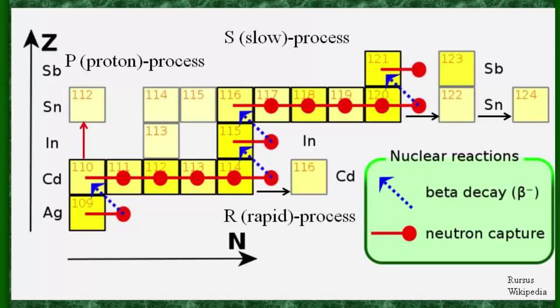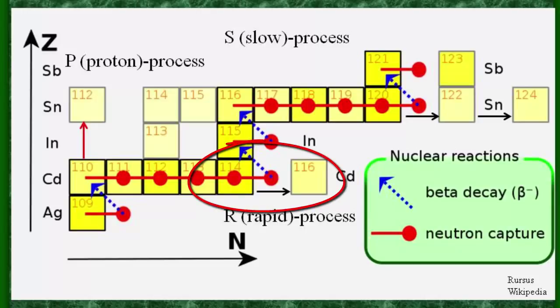You go on and on and on. Now, in the rapid process, this is where you're producing a lot of neutrons, which happen in supernovae, in particular the type 2 supernovae that we've been talking about. And in that case, the reason it's called rapid, if you look at